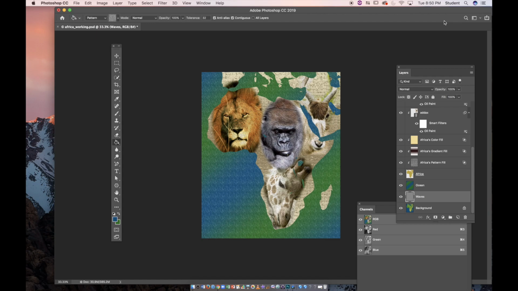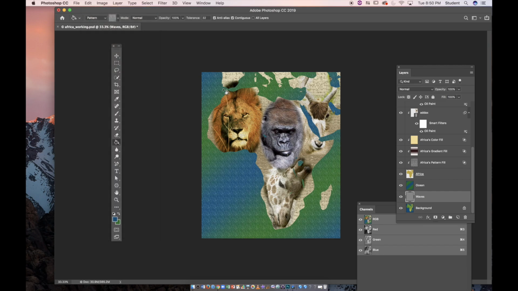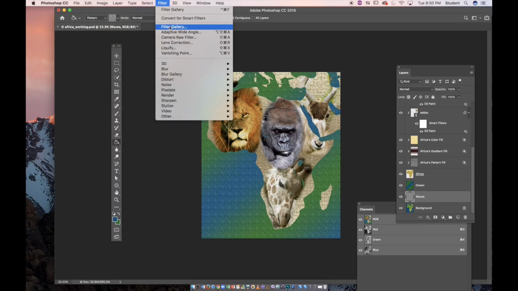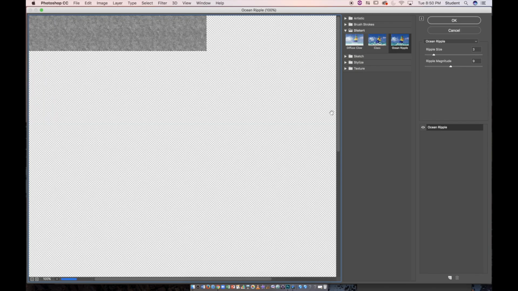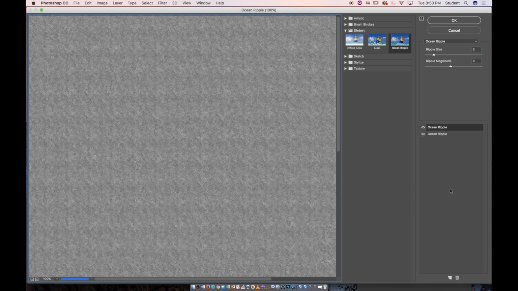Click the new effect layer. Oh, you know what? Let me undo that because I was supposed to stay in that menu. My bad. Let's go back to filter gallery. So ocean ripple, it still remembers the 3x9. They want you to click down here at the bottom to create a new layer. They want to compound more than one. So at first it makes a second open ocean ripple, but they actually want you to change that other one to